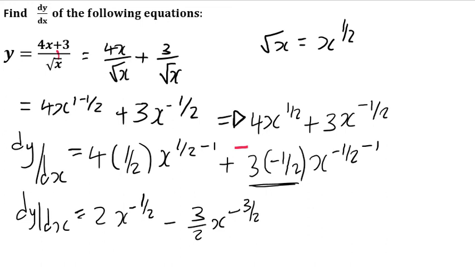Okay, so it's up to you. I don't know if it's necessary to put your answer in a fraction form. But if you are required to put your answer in a fraction form, you can say 2 over root x, minus 3 over, you've got your 2 multiplied by